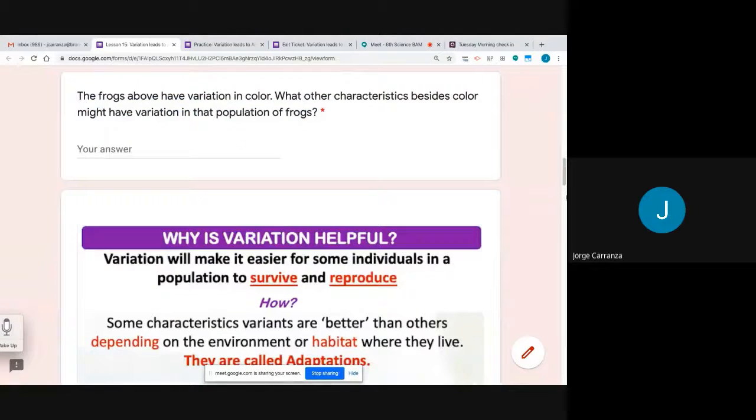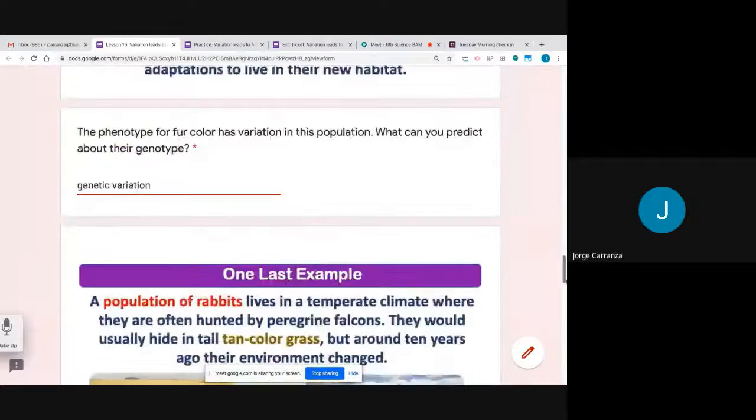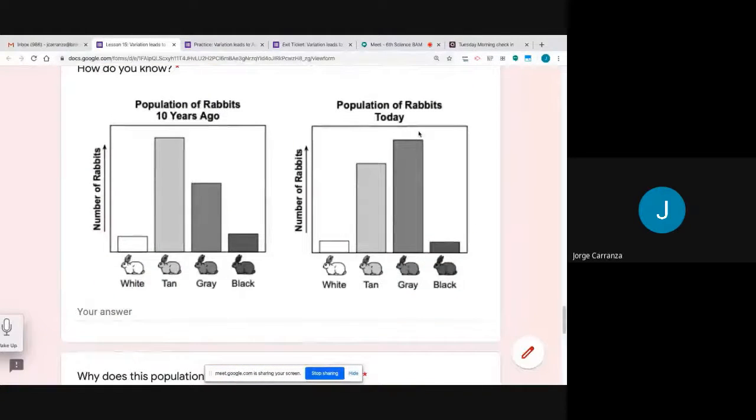And the second thing we need to really make sure of is that when we look at a population changing from one characteristic to the other, we know that it's not the number of rabbits that is changing. Like the population is not becoming less or more. It's not saying that, oh, half of the rabbits died. It's just saying that because some of them die and because some of them survive,